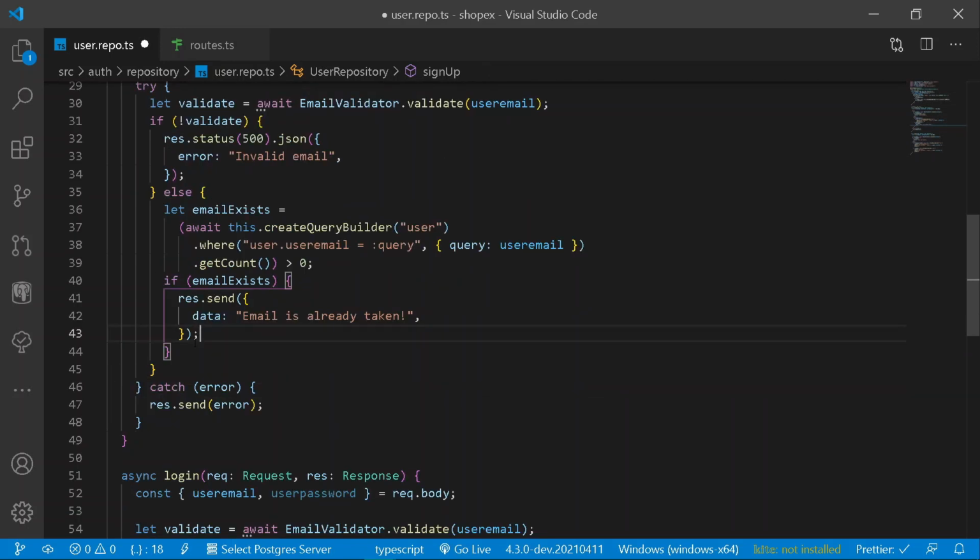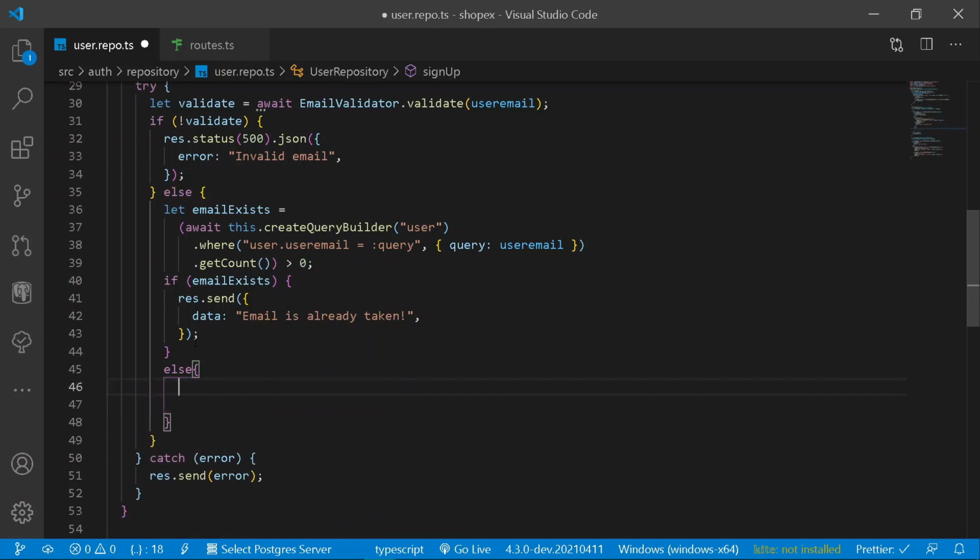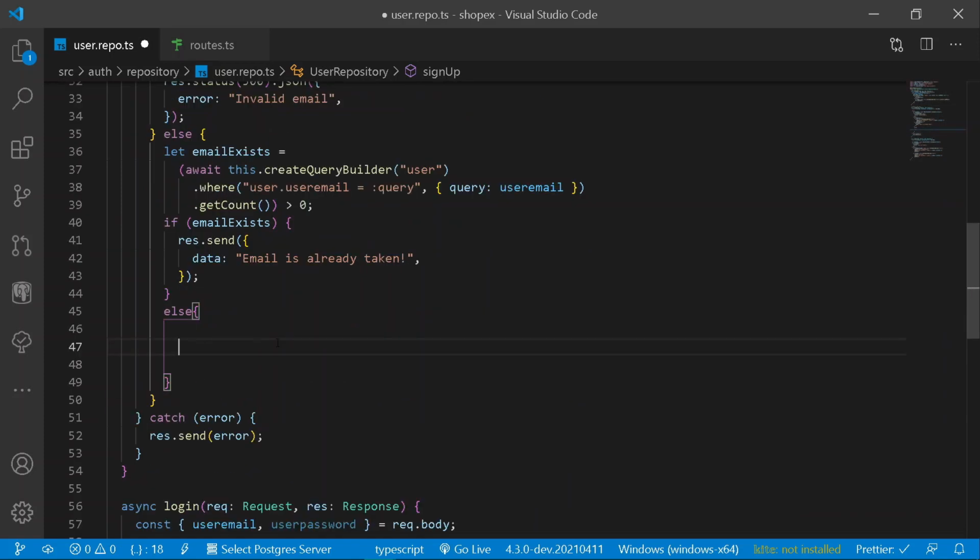So if the following email does not exist, we should be adding our else block, that if the following email is new and the following email is not submitted under our database. So now while we are submitting our password, that is user password under our database, we need to encrypt the following password. So for that purpose, first of all, I will be having a new constant, and the following constant shall be called salt, and the following shall simply equal bcrypt.